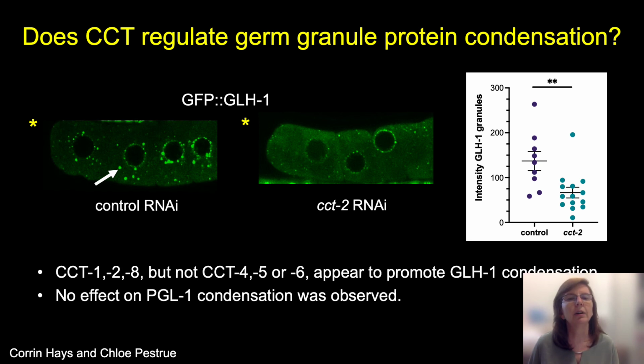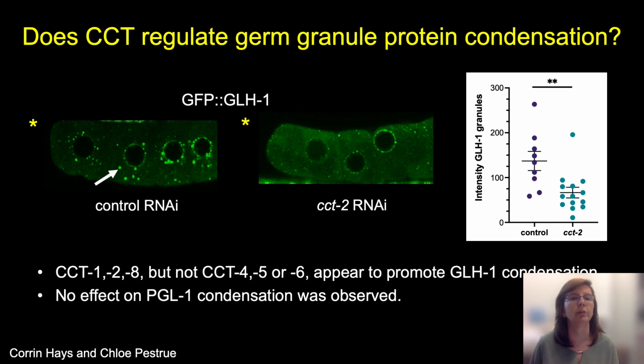And several CCT subunits seem to have this effect, but not all of them. And interestingly, we saw no effect on PGL1 condensation so far. And this is interesting because PGL1 is regulated by CCT in early embryos. Taken together, our data indicate CCT has RNA binding protein specific functions, either inhibiting or promoting condensation of RBPs